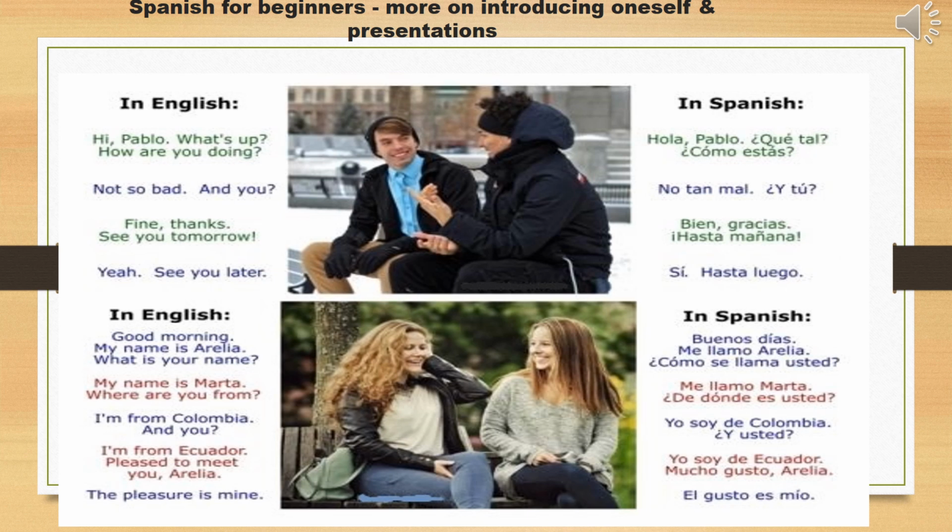So you practice that, and you can now start to present yourself in Spanish. And we are going to continue in the next page also with more presentations. So in this presentation, also is how to use that verb to be, which is where you'll see there S-E-S, is el gusto es mío, the gusto is. The verb in English is the equivalent of to say is, and now you'll see how to practice